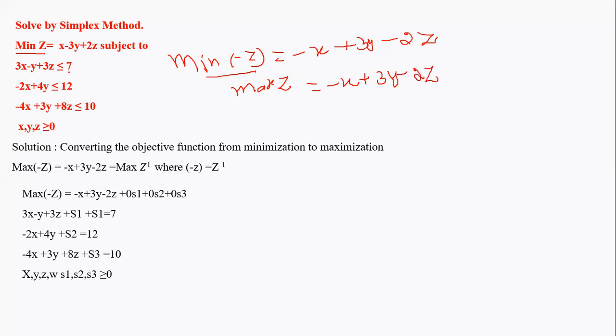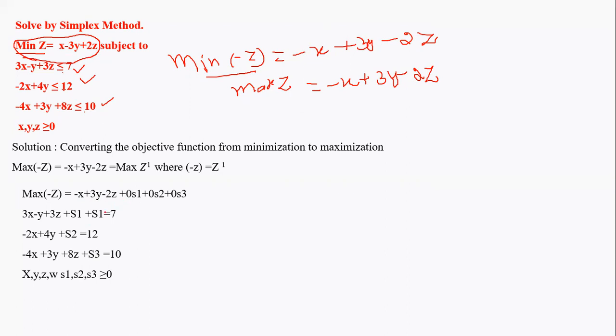Other criteria remain the same because I have already said when a problem is of maximization, the constraints should be lesser than or equal to. The constraints are lesser than or equal to. So you need not change this. Only change the objective function by multiplying with the minus sign. That's what is done, and the rest of the process goes the same.